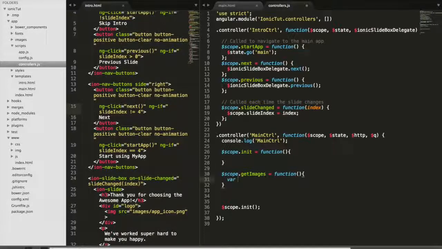So we're going to do var defer equals cache q dot defer, which is a function, and we're going to return defer dot promise, which is not a function, it is an object, which I guess an object technically is a function also. And then what we're going to do is we're going to do